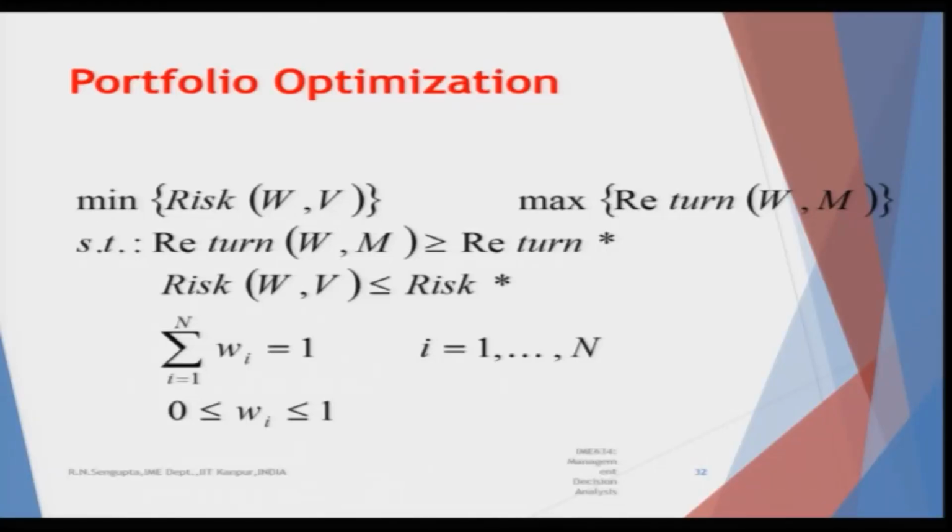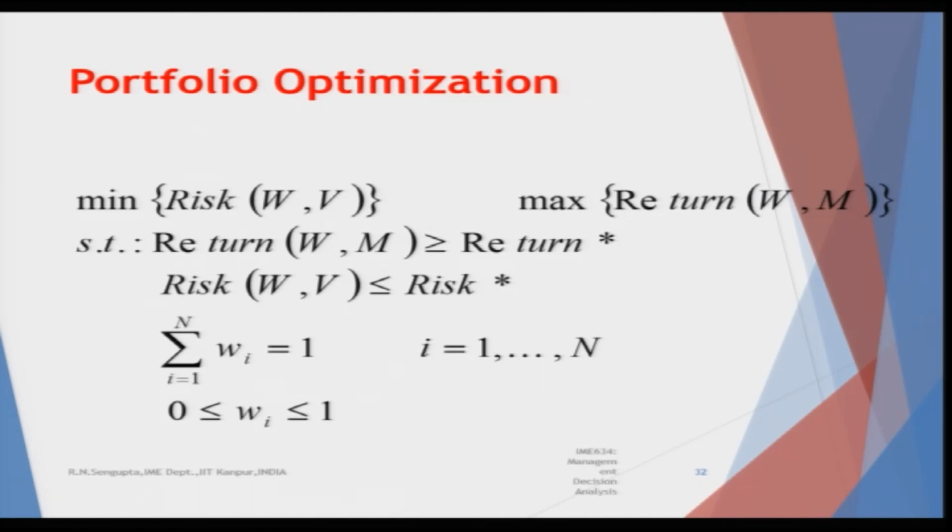So, the first part, the minimization part, is for the risk, which is a quadratic function, of the square term, which has something to do with the risk, the variance, and the second part is the return, which is the linear part, with respect to the returns. So, you will have some functional form corresponding to the weights and the number of stocks. In the second case, the risk would correspond to the weights and the variances, sorry, and the returns would be something to do with the functional form of the weights and the vector of the returns m.